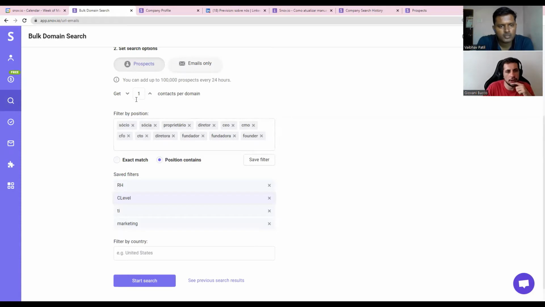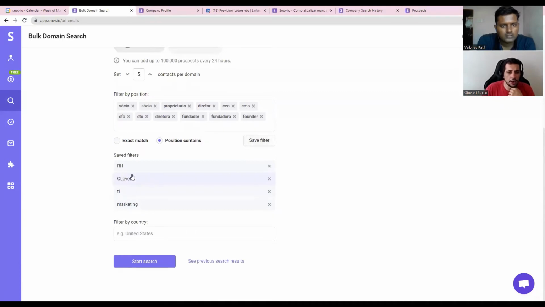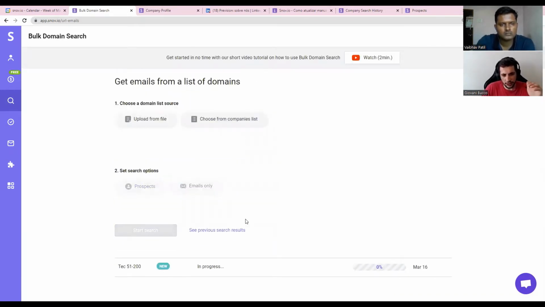I usually suggest to everybody that I show the platform to have 5 prospects per domain, so I'll look into 5 people in each company with those terms. I can save the filter, and then I just click and it goes back here, and then I can start the search.